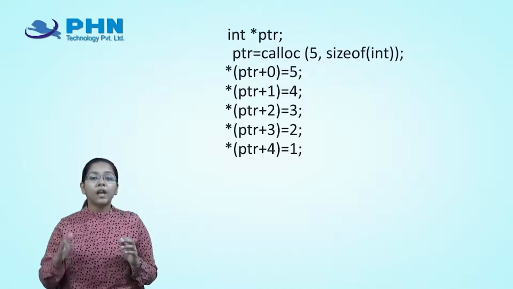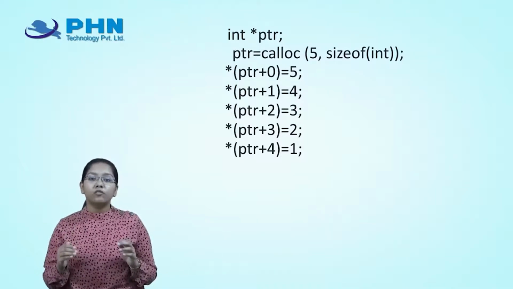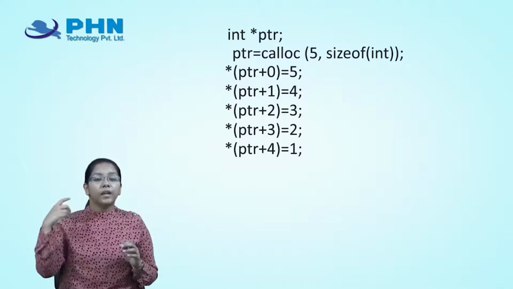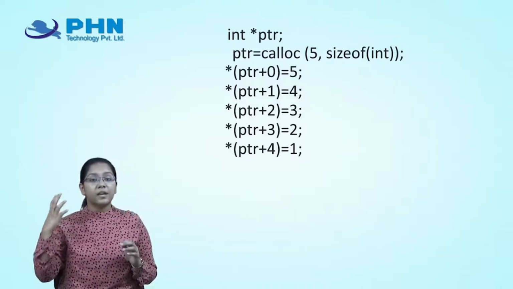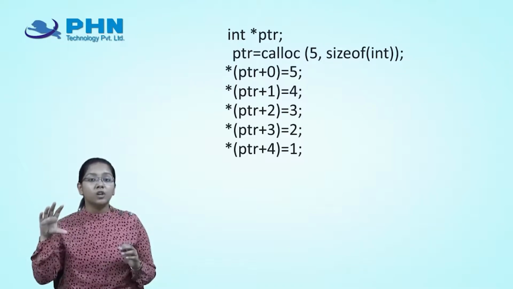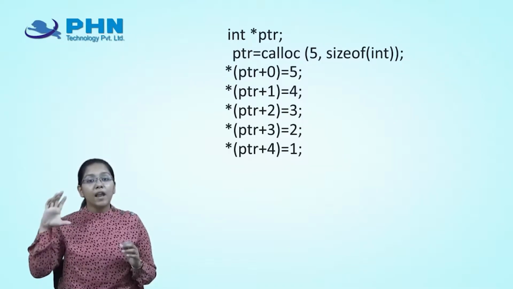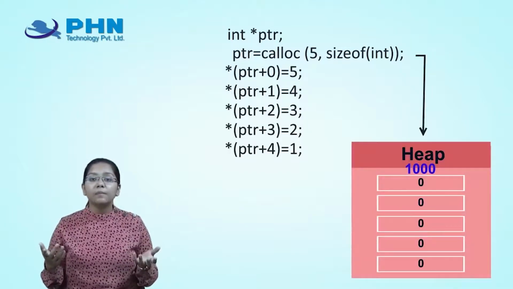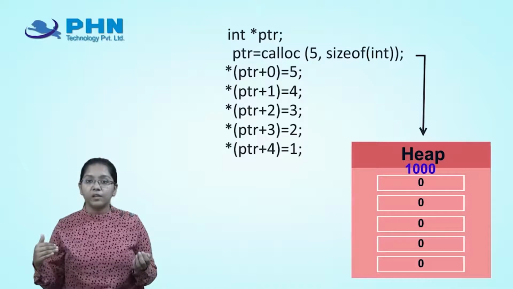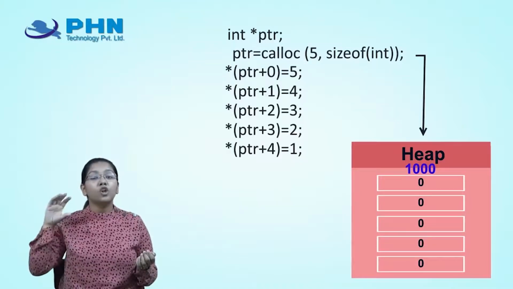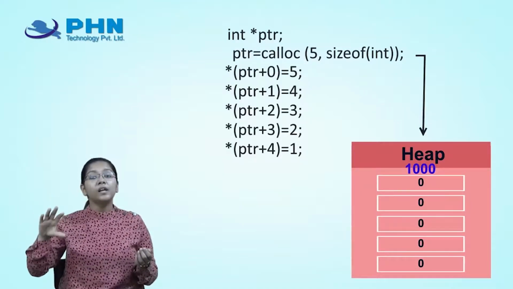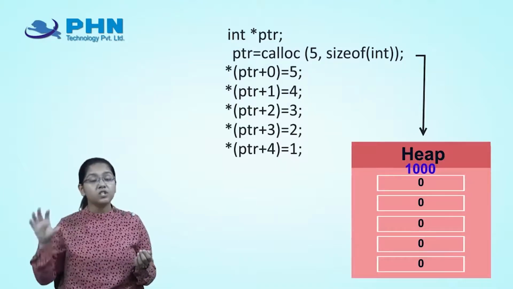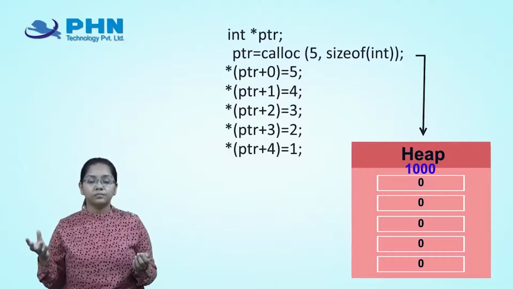Okay. Now in calloc, the difference is that the moment you declare calloc, a space will be allocated in the memory, but the value of that space will be 0. In malloc, what was happening? It was assigning the garbage value, right? But here it will occupy that particular space and give me 0 over there. It will assign 0 over that much space.